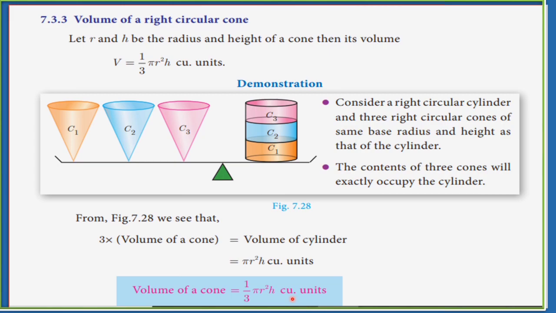So the volume of a cone is equal to 1/3 of the volume of a cylinder having the same base radius and height. Here, the volume of a cone and a cylinder are related in the same way as the volume of a pyramid and a prism are related. If the height of the cone and cylinder are equal, then the volume of the cylinder is 3 times as much as the volume of a cone. Volume is measured in cubic units.